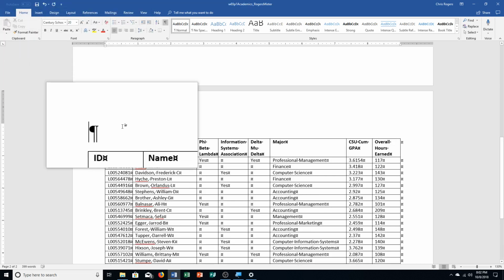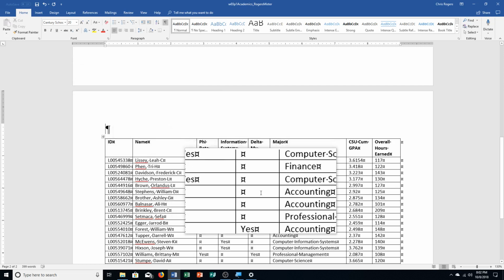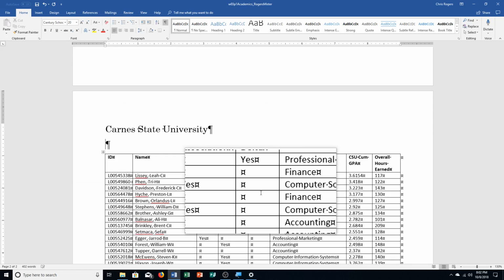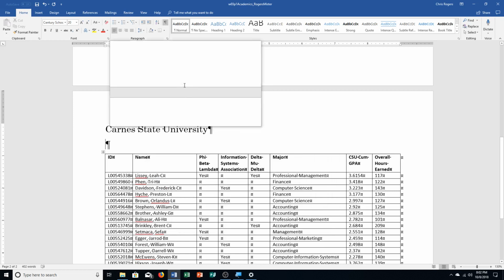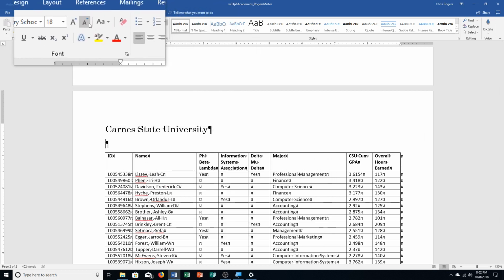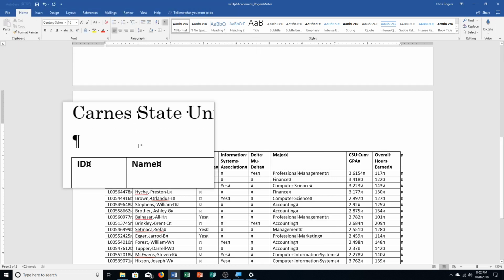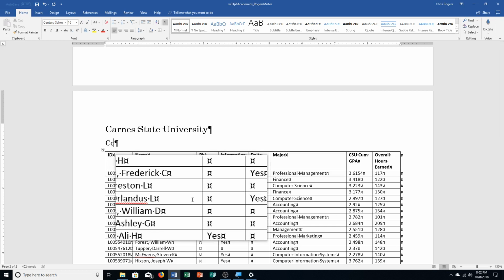So Century Schoolbook, 20-point font, and I'm going to type in Carnes State University, and then press enter. Change the font size to 16. So I'm actually clicking on the down arrow twice, change it to 16, and then under it I'm going to be typing in, it looks like here, I'll move my mouse so you can see, a comparison of student GPA and involvement in college associations,